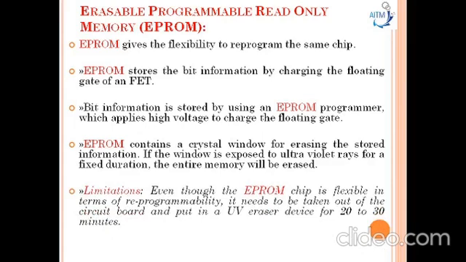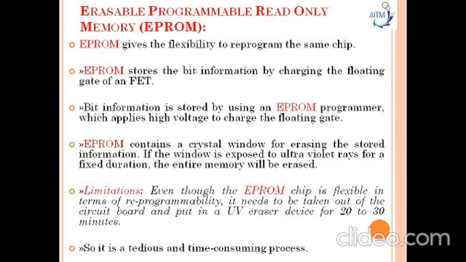As for limitations, even though EPROM chips are flexible in terms of reprogrammability, they need to be taken out of the circuit board and put in the UV eraser device for 20 to 30 minutes. So it takes much time to erase. It is a tedious job and a time-consuming process. To overcome these limitations,